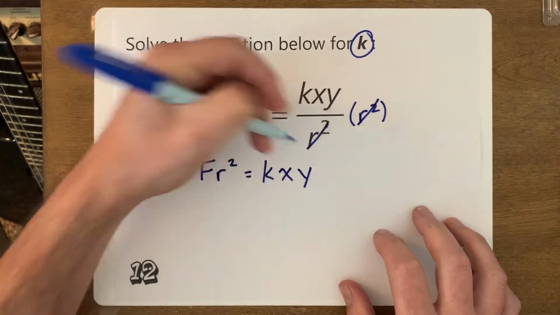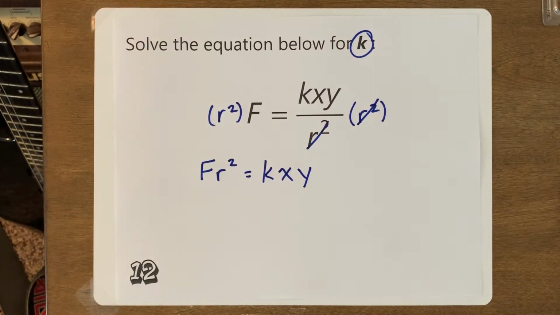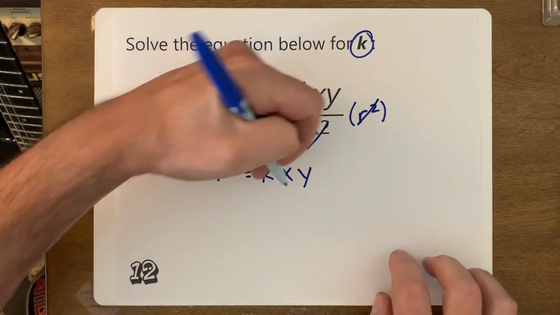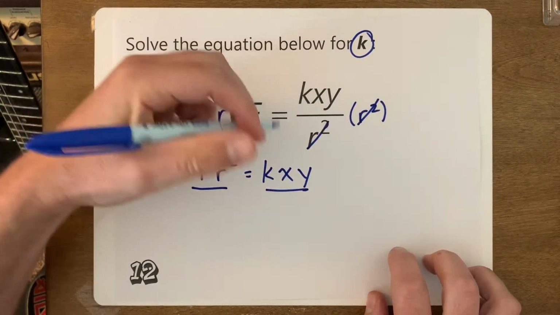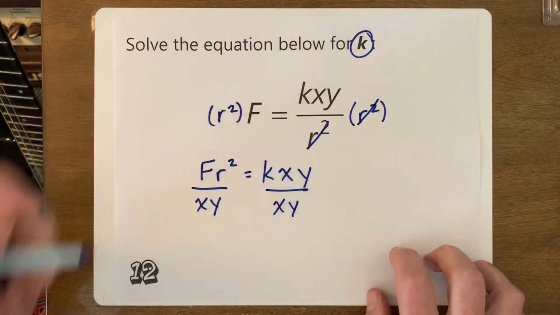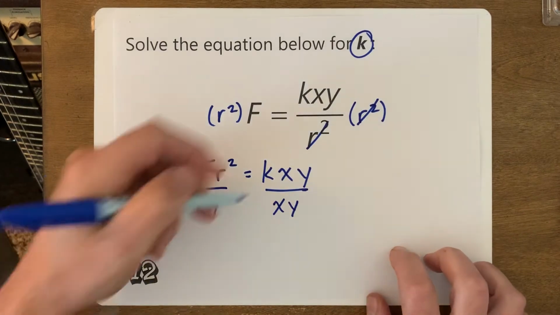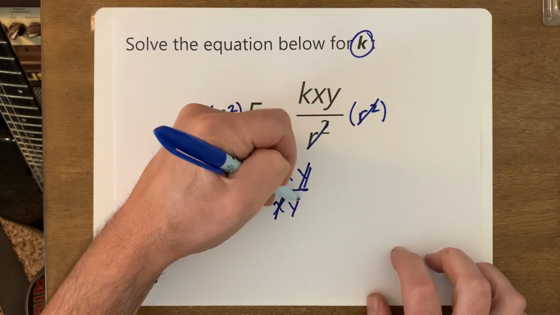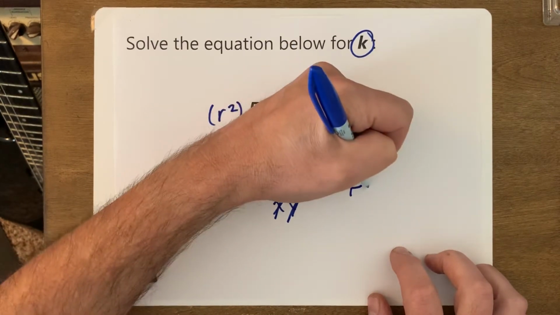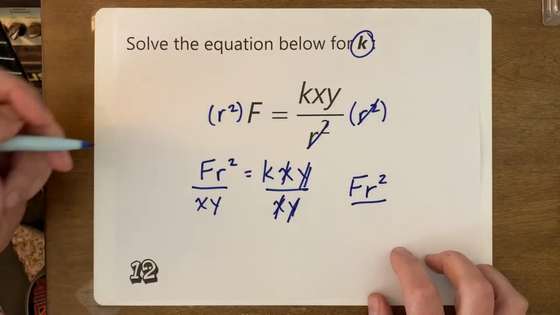x, y. Now I do want to get k by itself, and it's being tied up with multiplication with these two guys. So now I'm going to divide both sides by the x and the y, and that's going to move them over underneath the f r squared. These will cancel out, and I'm going to get f r squared over x y